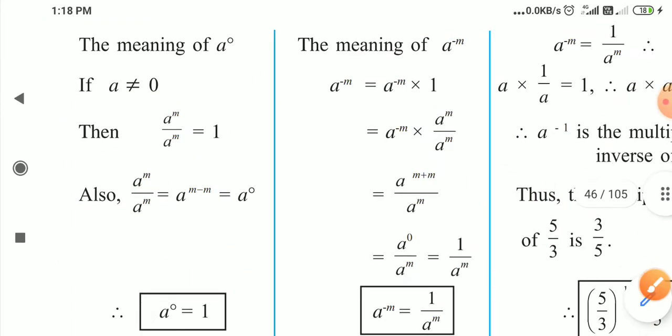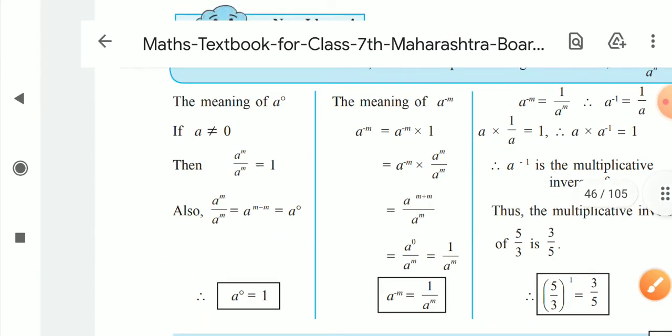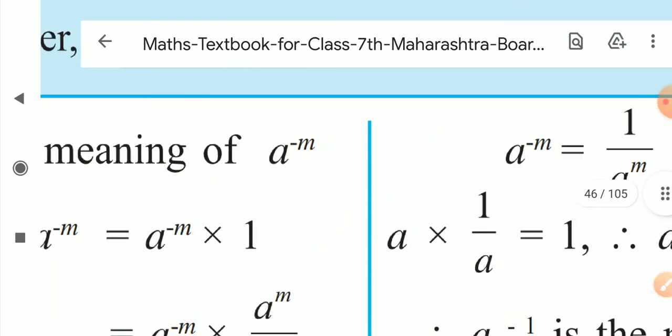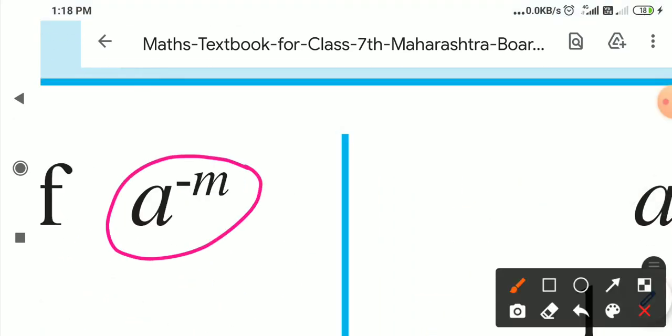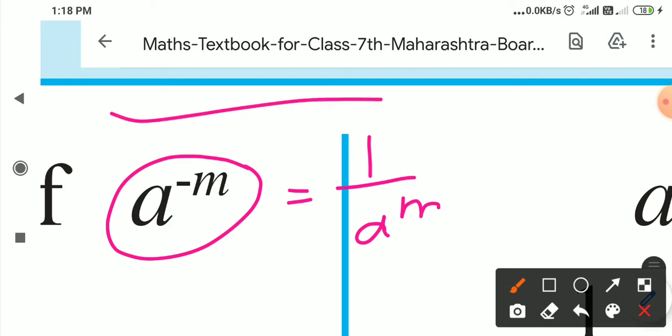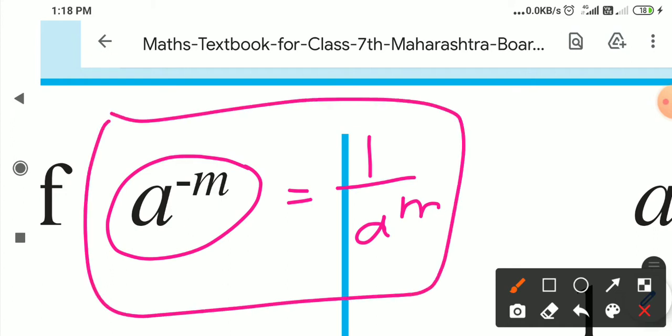Now it's not necessary to keep these steps in your mind. You only have to remember that when a number is a raised to minus m and you want to make it positive, take it to the position of the denominator, a raised to plus m. Clear? Only this is the rule. It's not necessary to keep everything I told you in your mind, but you must know the formation, so that in future if such an example comes, you will not face any problem. Okay, so that is the second rule.